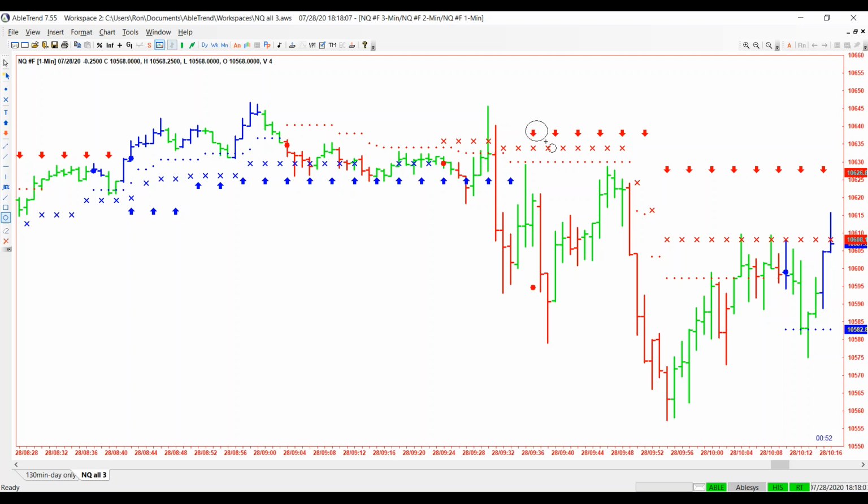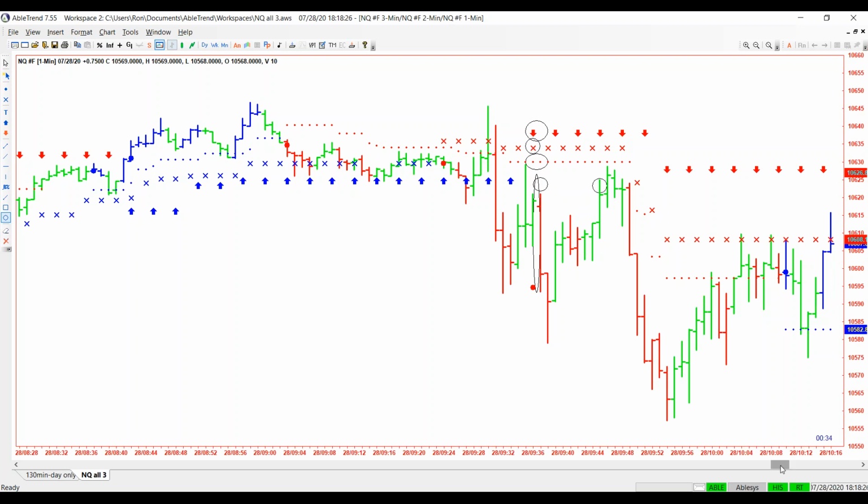The bigger trend here, the 3-minute, are the arrows. I just have them pointing down. Great. There's the 2-minute. There's the 1 minute. There's the red bar. Technically speaking, that's a signal there. And we would have been stopped out right there because we put the stop 2 points above the high of